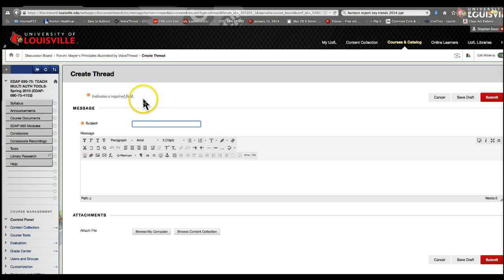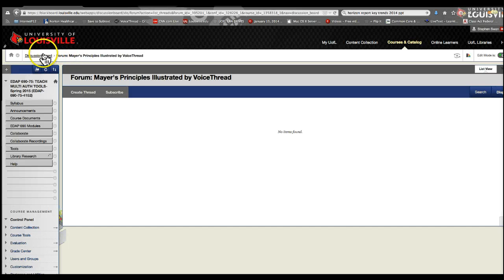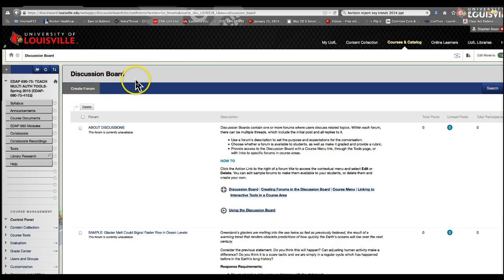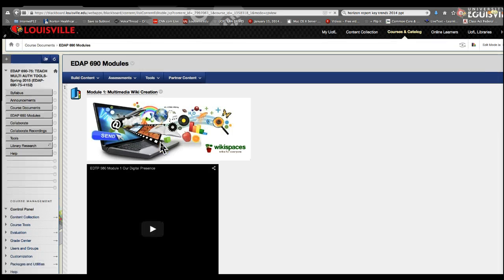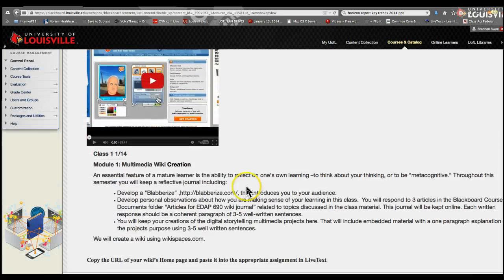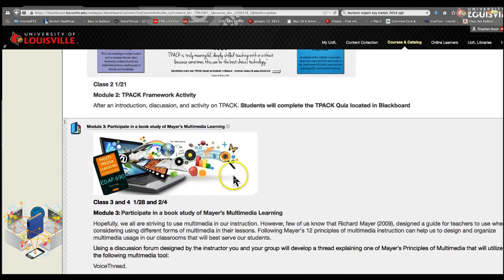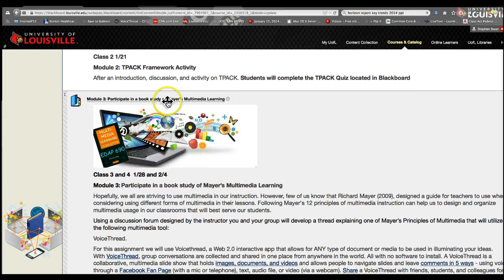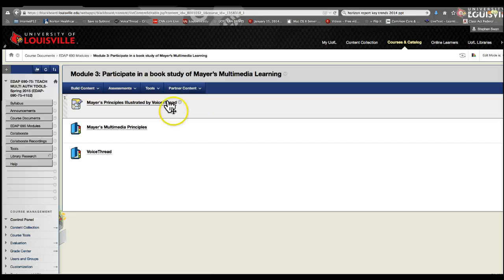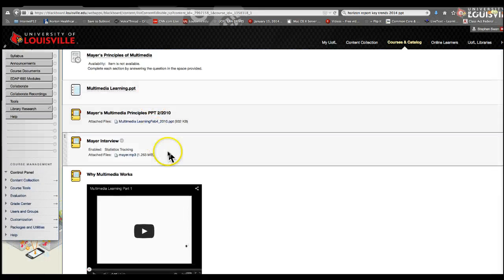I would like for you to please take a look at that section in the Mayer book that has to do with his principles. You will find that it's not an easy read, and that's why we're going to break them up. I will do a presentation on what multimedia means from the 50,000 foot view. And at the end of that presentation, the expectation is that you will be ready to pick one of the principles that you want to be responsible for explaining to the rest of